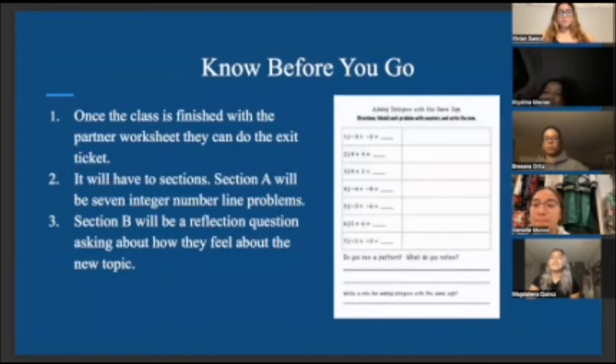And then finally, for day 1, we're going to do the know before you go. Once the class is finished with all the partner worksheets, they have to do an exit ticket. So you'll give them 2 sections. Section A will be 7 problems about the integer number lines. And then section B will just be a reflection question, asking them how they feel about the new topic and